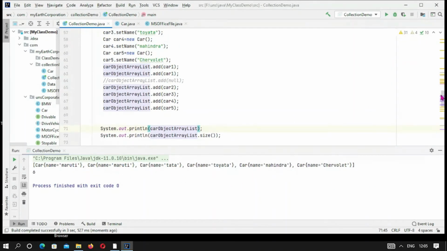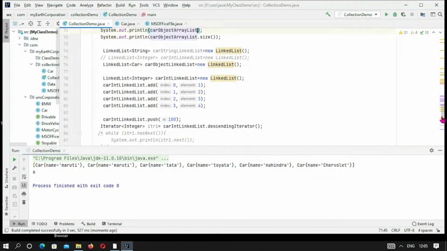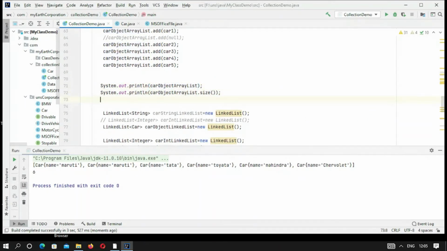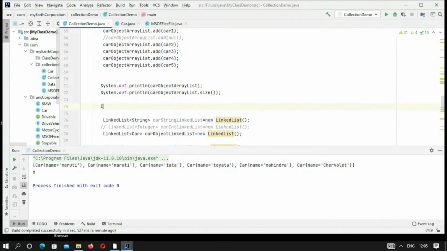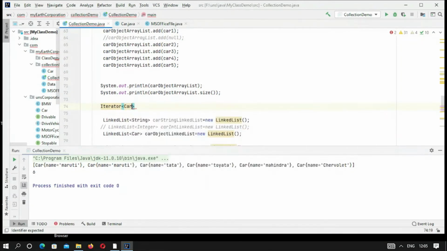If we want to traverse through all the lists, we have to take the help of an iterator. So this is an array list, and we have to take the help of an iterator. So let me create an iterator for this array list. Here is an iterator of type car, and suppose we are giving the name as car iterator.